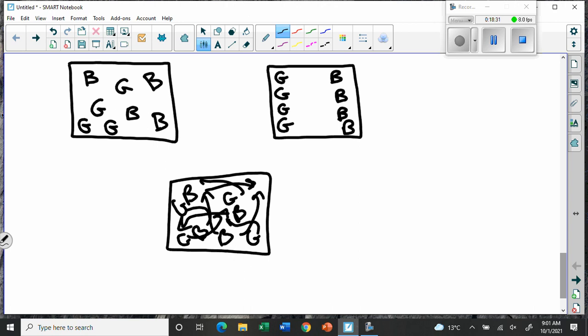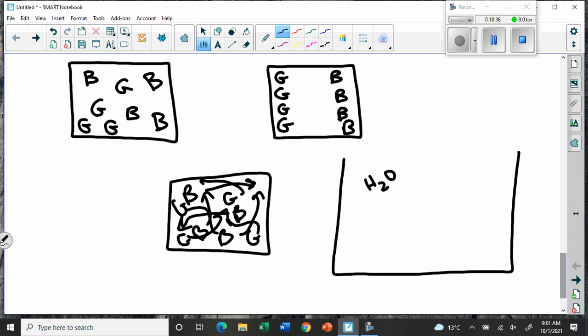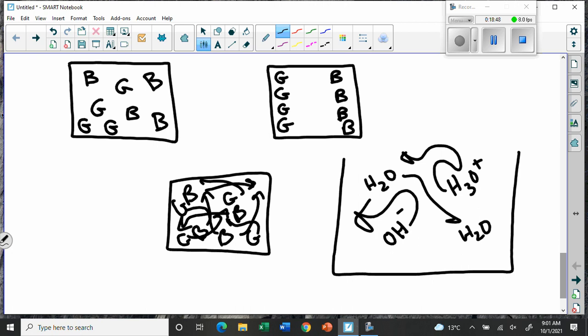Okay? What's important to notice with the water is that we have H2Os dancing around, and we have H3O hydroniums, and we have hydroxides dancing around in there. They're all turning into each other, and they're moving and dancing. But even though they're turning into each other, if we were to take a picture with our camera at any moment and count up how many hydroniums and how many hydroxides there were, it would always be the same. There'd always be the same number, just like the same number of boys and girls here. It's not like we get more hydroniums and less. It's always equal. That's why it's an equilibrium.